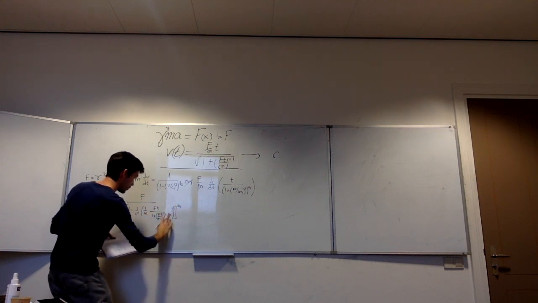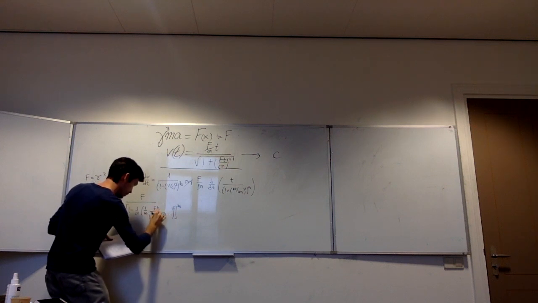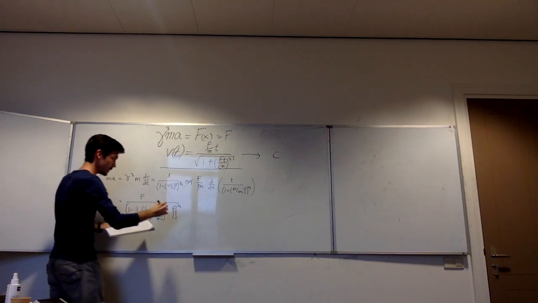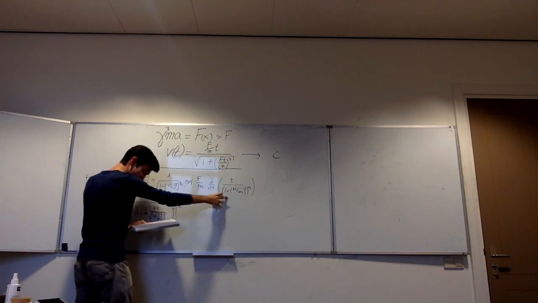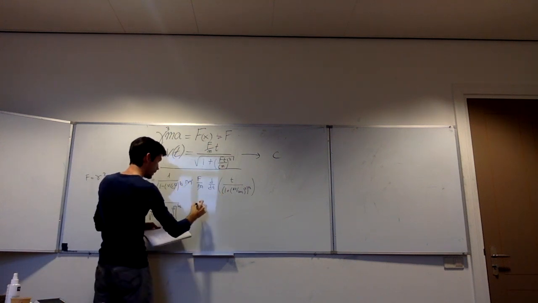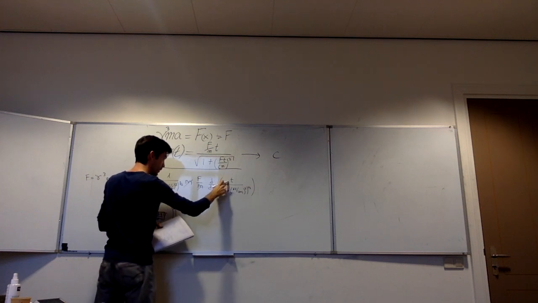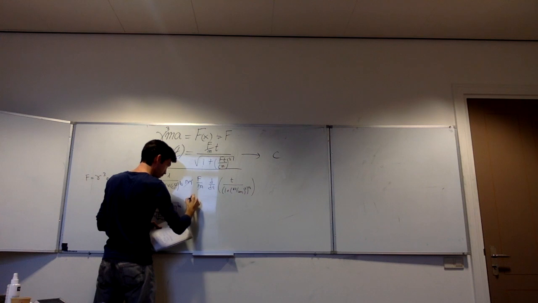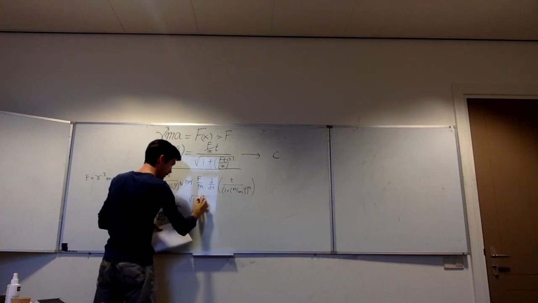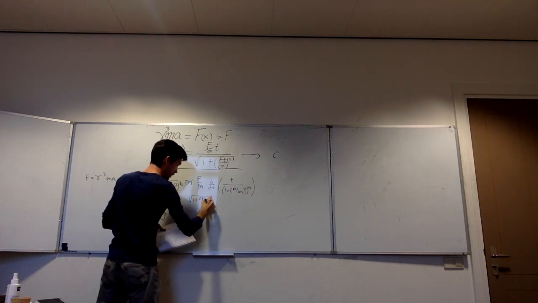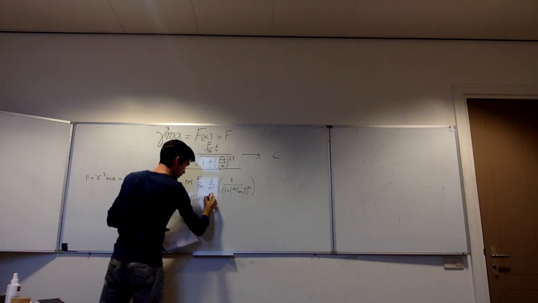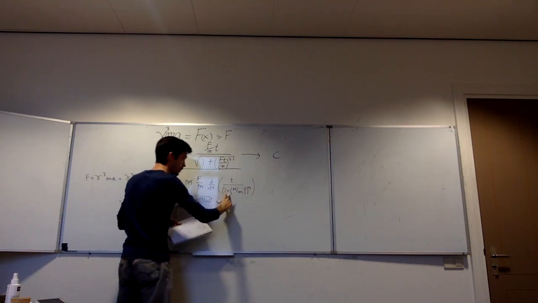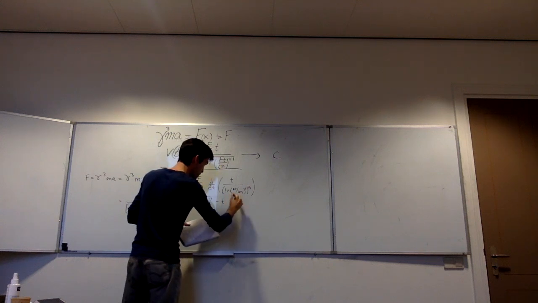So let's put a square root here to be clearer. Then we need to derive this thing. That will be the derivative of the first one, which is 1, times the second one, 1 plus Ft divided by cm squared,